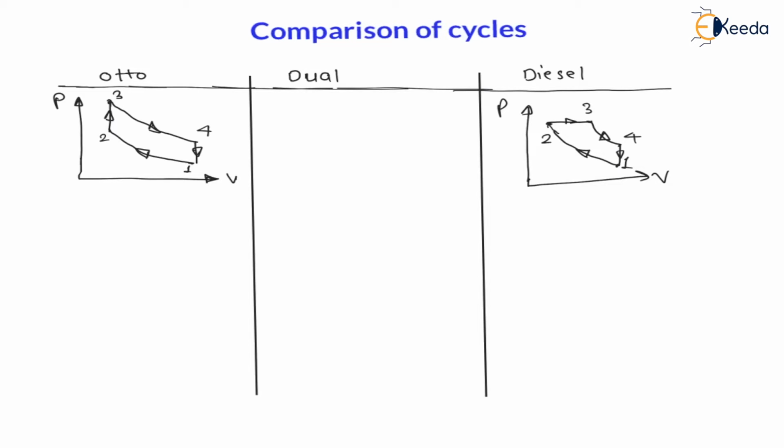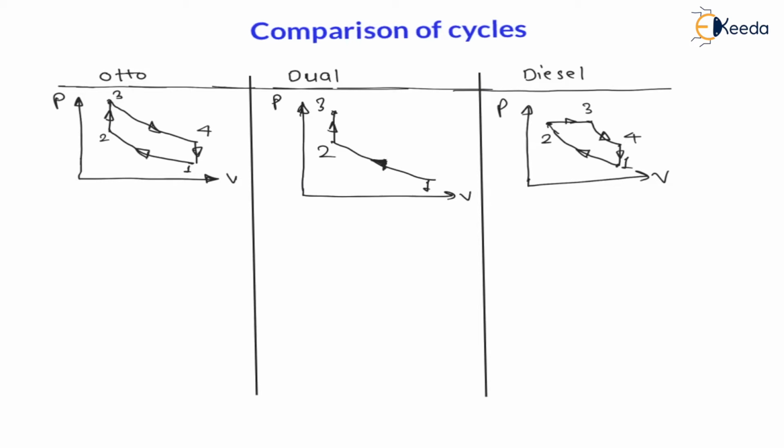Now, in case of dual cycle, my dear students, dual cycle is a combination of Otto and diesel cycle for heat addition. That is, in case of dual cycle, heat is added first at constant volume and then at constant pressure, and the rest of the processes are similar. So, if I draw PV diagram for dual cycle, there will be a reversible adiabatic compression 1 to 2, isentropic compression. Then 2 to 3 is constant volume heat supply.